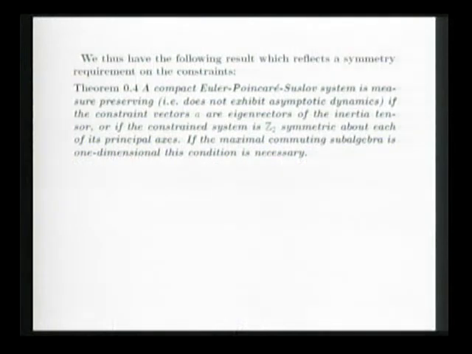And you can relate it to a skew-symmetric symmetry, actually. So you can say that the compact Euler-Poincare-Suslov system is measure-preserving if the constraint vectors are eigenvectors of the inertia tensor, or if the constraint system is Z2 symmetric about each principal axis. So in some sense, what you can see here is that measure preservation or volume preservation is related to discrete symmetries, which is sort of interesting. And again, you can see that if you look back at the